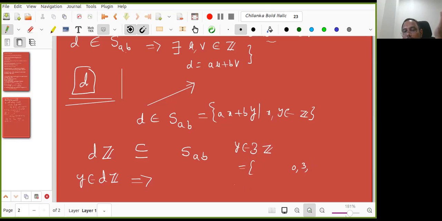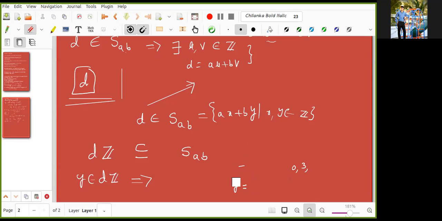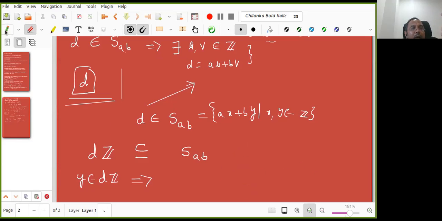Now belongs to, I want to convert into equal to. How do I convert it into equal to? It is equal to one of the elements here. Which element is that? Are you following now, Manan? Yes, sir. See, y belongs to 3z, so you are correct. It is one among these. But which one is that? I do not know about y. So which one will I say exactly? How do you write in mathematics? We say 3x and x belongs to z. Right. So what quantifier will you use for that? So y belongs to 3z. Then tell me now.